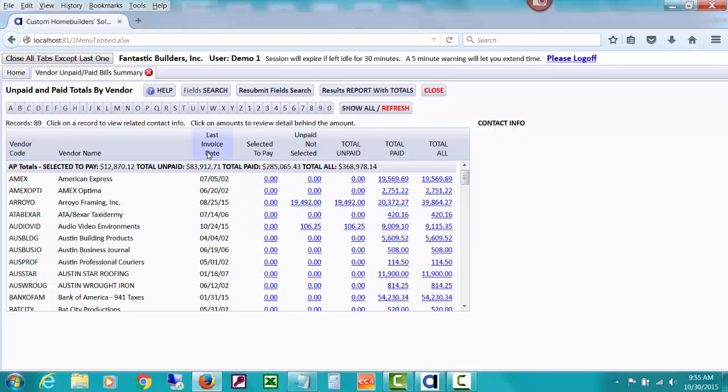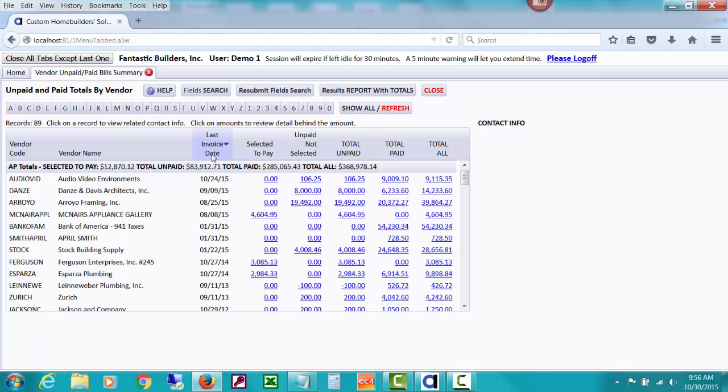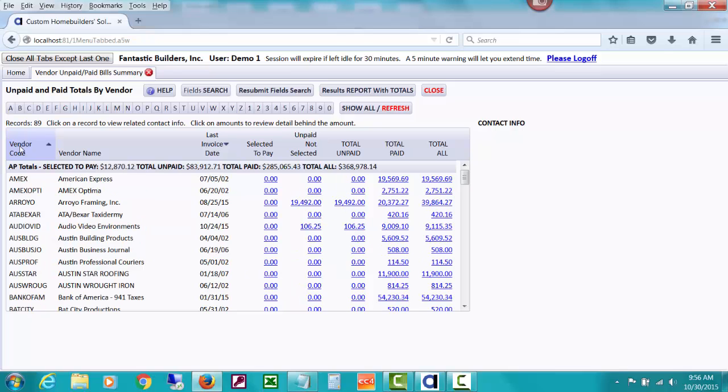First, I'd like to show that you can sort, and this holds true in a whole lot of our list controls in CHS, is that if I click once, I'm going to sort this column ascending. Notice how it goes from year 2001, 2002, and these are no longer in alphabetical order, because now the records are in order ascending by the last invoice date. If I click again after the first time, it'll sort descending or upside down, so you can see the ones with the latest dates here, the more recent ones that have been active. If that's of any interest to you, you can also then again click the vendor code to get them back